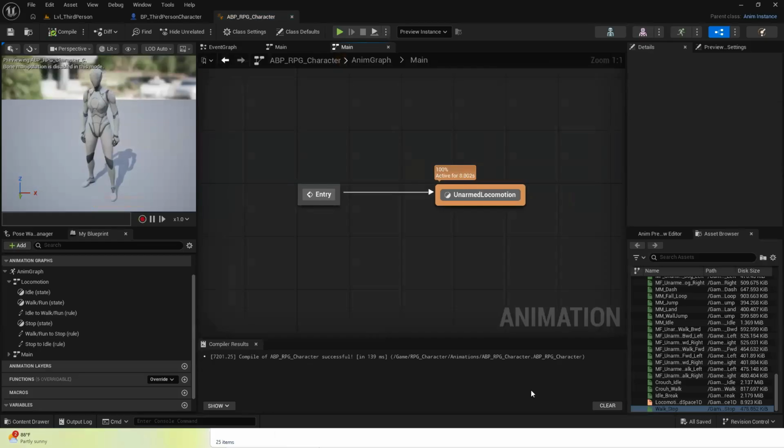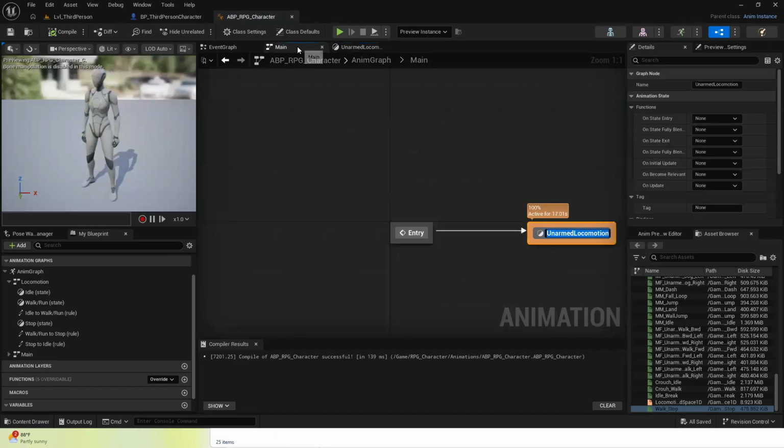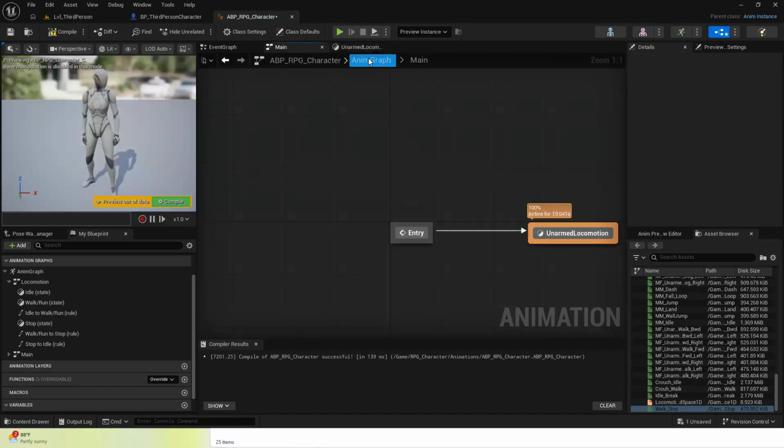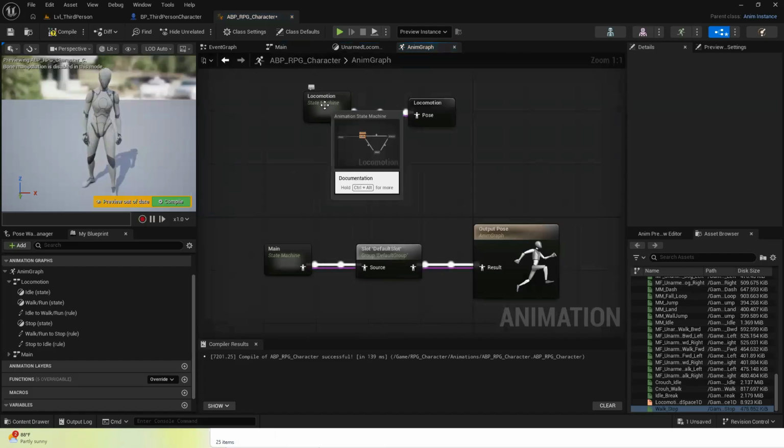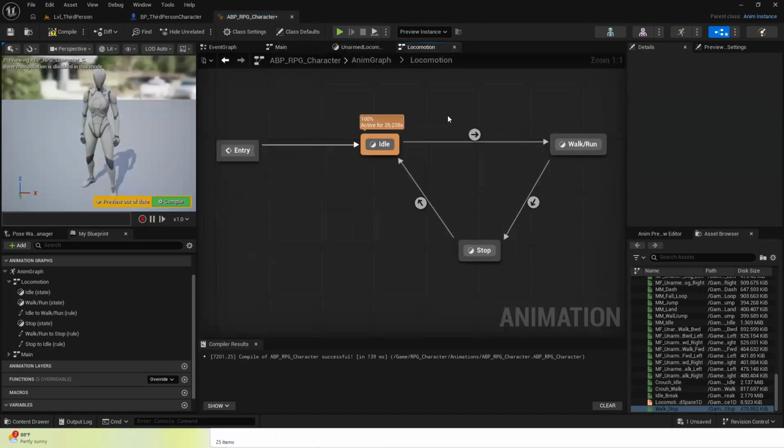Go backwards. So let me just quickly explain what I just did here. When I go into this state here, we have local cache pose of locomotion. So if we go back into the main, go back into the anim graph here, and if we go back into this locomotion here, this entire state machine with all these different states, idle, walk around, stop, everything here is